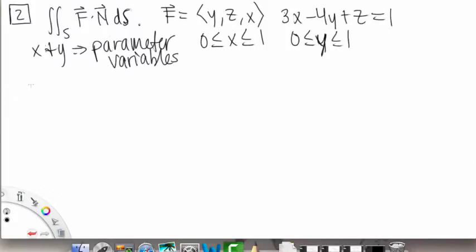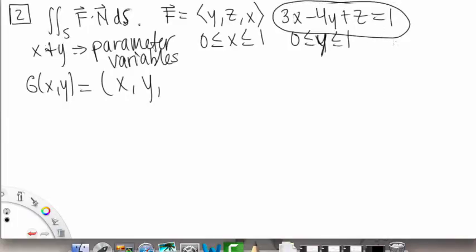Okay, so in this case, that means that x and y take our u and v place. So that means that x is just going to be x, and y is going to be y, and z is going to be some function of x and y. So let's look at this equation here and manipulate it so that we get z by itself. I'll just rewrite it here. 3x minus 4y